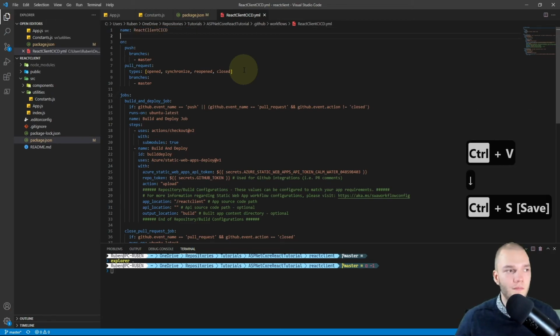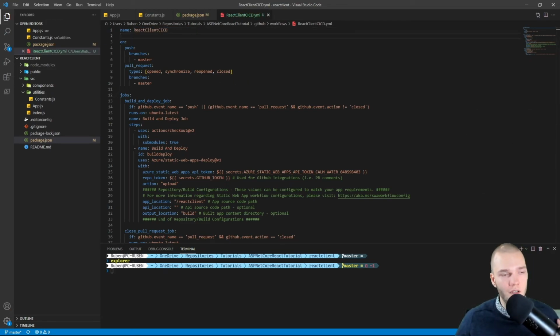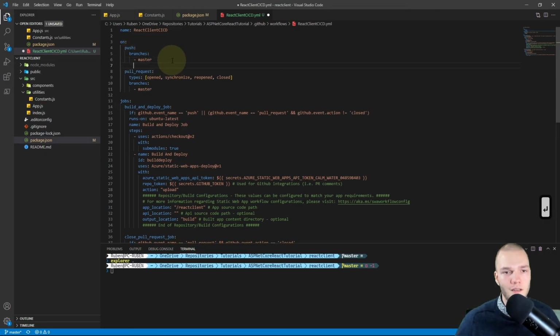I'll paste that. And we only want this action to run if our React code or this YAML file is updated. So let's add that. We can do that by specifying specific paths we want this action to listen to. So we have branches master, and below that I'm going to do an enter and shift tab so that the indentation is correct.